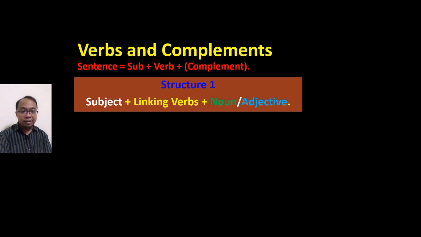Before seeing the example, here is the formula of linking verb in sentence structure. There is a formula of a sentence that is written with linking verb. But what is the formula of a sentence when linking verb is used? So when you use linking verb, please do not forget this structure. Whenever we write a sentence, remember to always start your sentence with our subject. Okay, and after the subject, it must be a verb. All right, and our verb now is linking verb. So we are trying to use linking verb. If we choose to use linking verb and then